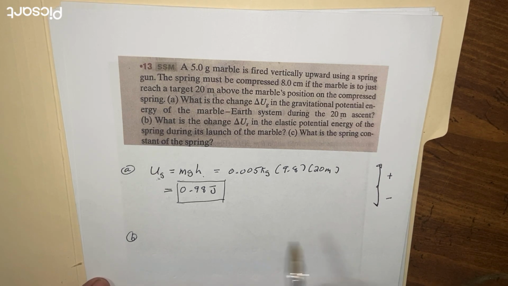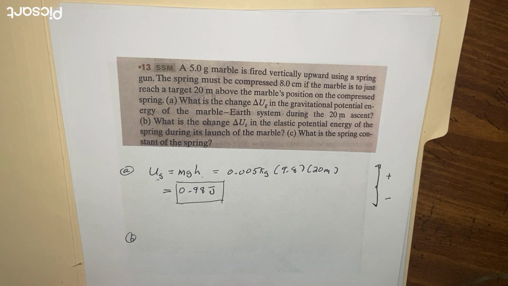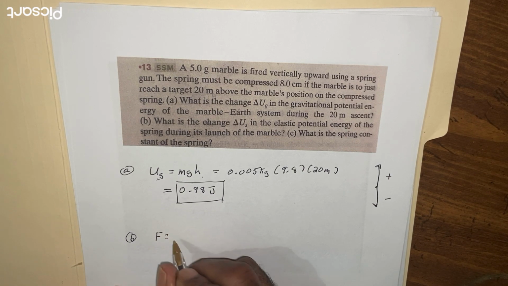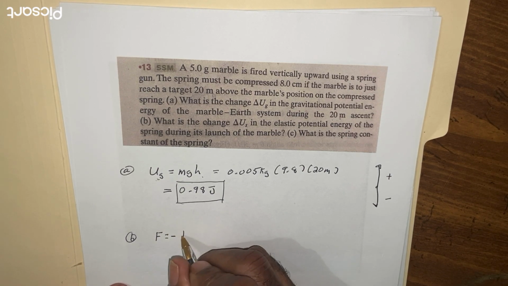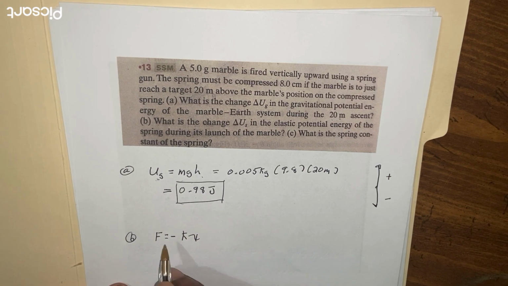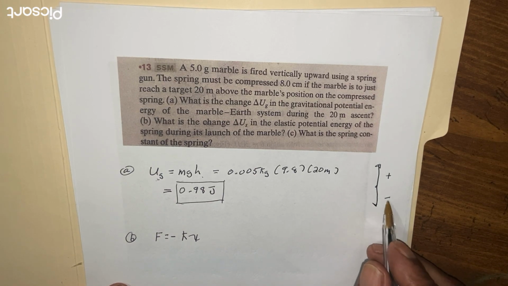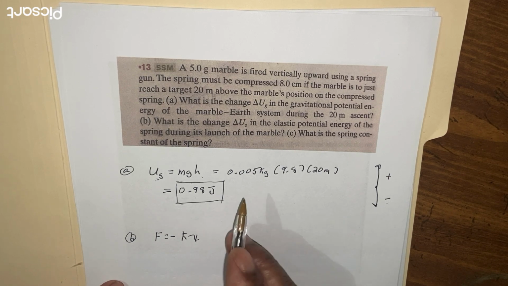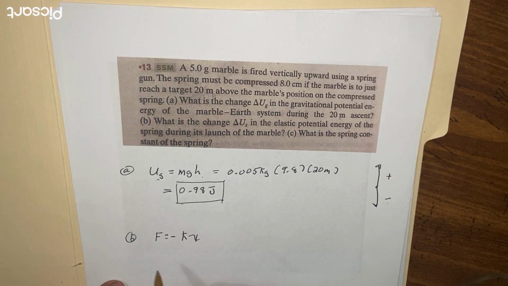So since we're compressing the spring, and you could almost guess it from the fact that F equals minus kx, that we get a minus sign, and also we got that minus sign. But anyways, since we are compressing the spring, we're going to get